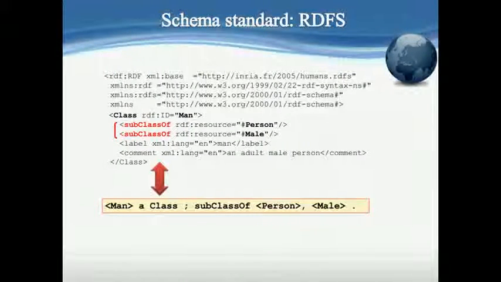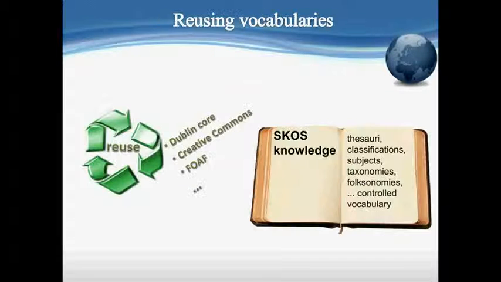For example, you can say person is a subclass of man, male is a subclass of man, and there are some relationships between the classes. Let's say RDFS is a simple format of ontologies. So you define some classes, subclasses, and relationships between the elements in your data. After defining